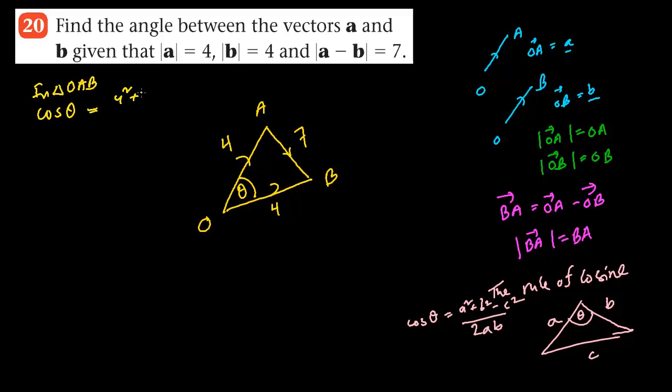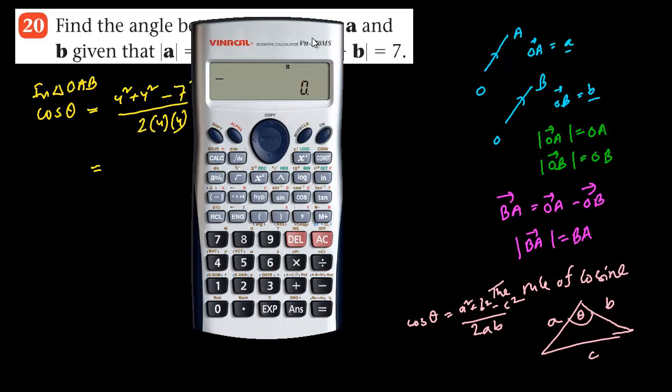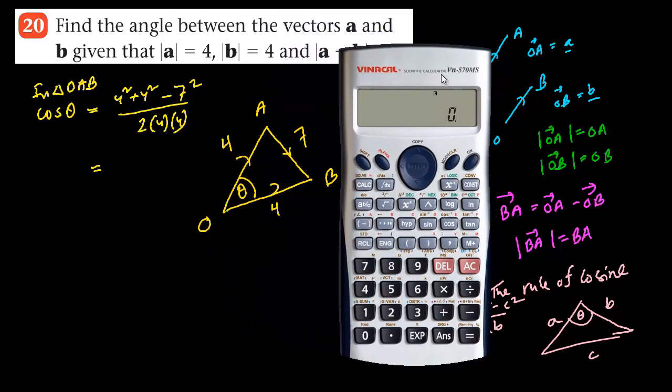Let's mention in triangle OAB, cos theta equals 4 squared plus 4 squared. Remember, we have to take the sides that make up the angle first, minus 7 squared, divided by twice into 4 into 4. When you do the calculation, it's a good idea to do some of the calculation in your head and the remaining in the calculator. You don't have to punch out everything in the keys of the calculator. So 4 squared is 16 plus 4 squared is 16. 16 plus 16 is 32